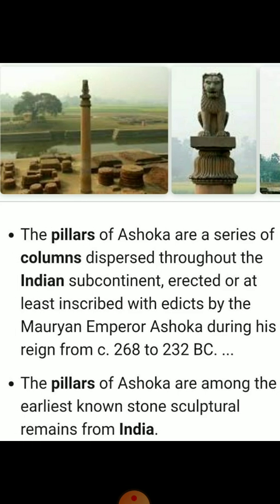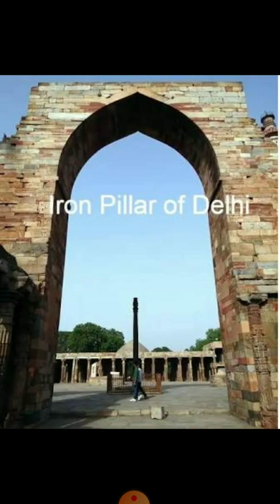The stone pillar was probably made during the time of Asoka to spread the message of Dhamma. The iron pillar was probably made during the time of the Gupta dynasty to spread the achievements of the rulers. They were probably made by sculpting and metal casting. Thus, these pillars tell us about the ideals and achievements of the rulers of the time as well as the skill of the craft persons who made them.